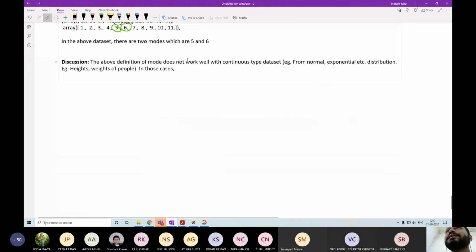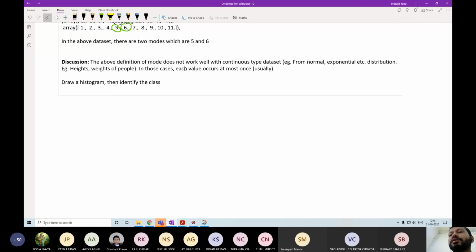So in those kinds of cases, a value occurs at most once, usually. Right. So how do you figure out mode there? Because each value is occurring only once. The way you figure out mode is first you draw a histogram, okay, and then identify the class, or the subinterval,